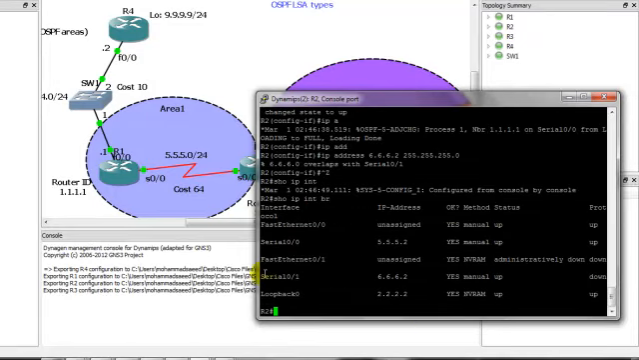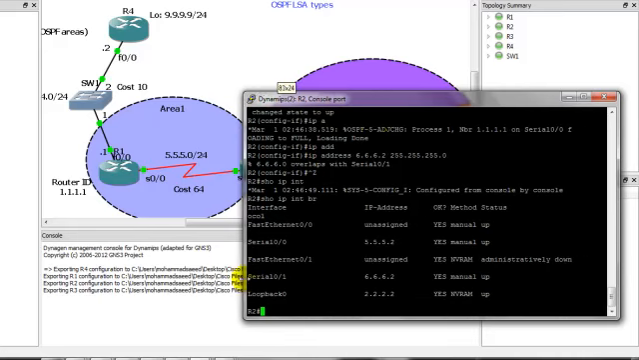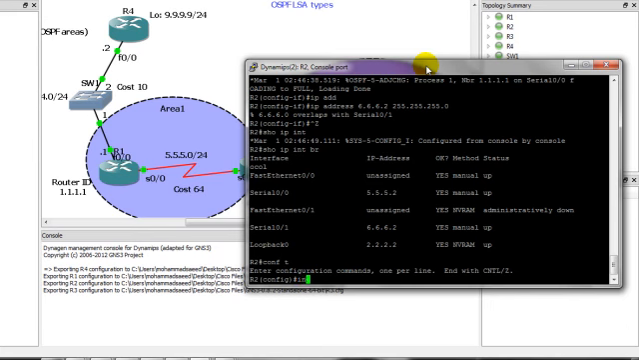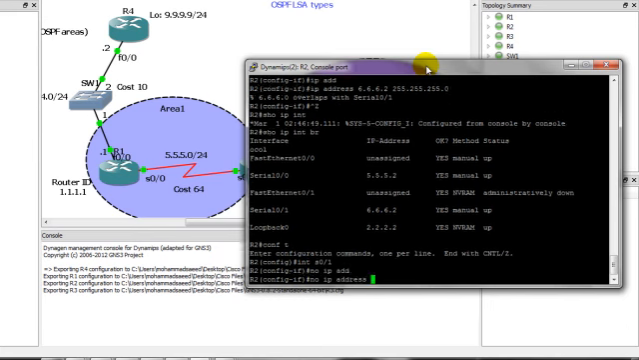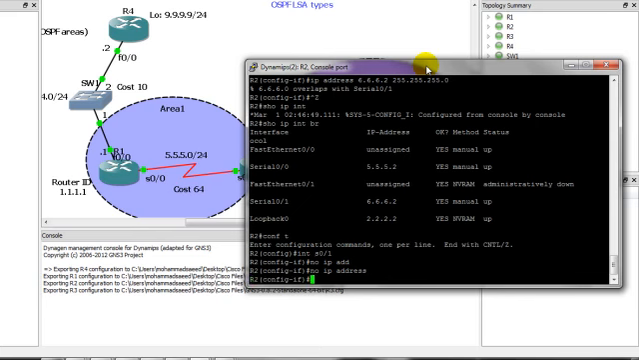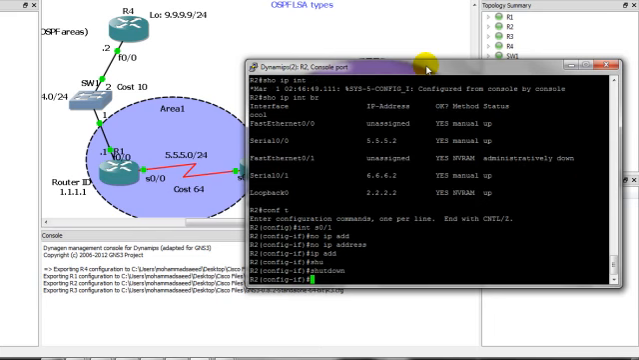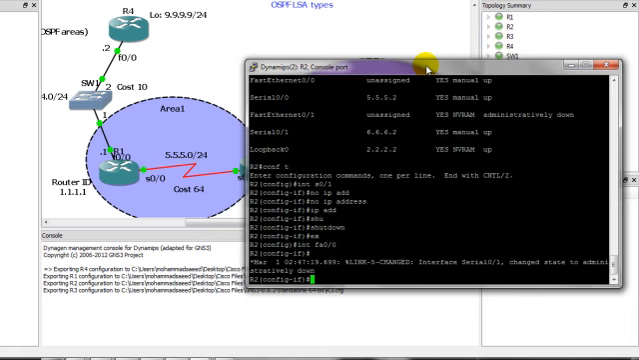With serial 0/1, what is serial 0/1? I deleted router 2, yes, it still exists. Interface serial 0/1, no IP address, maybe the first one. Yes, an IP address here. I make it shut down, I don't want it. So go back to the FastEthernet 0/0 now, and IP address